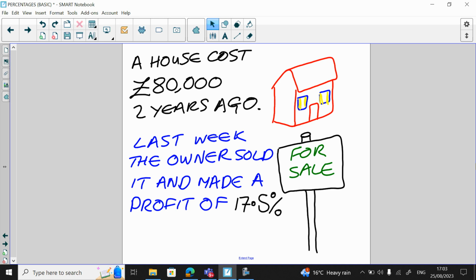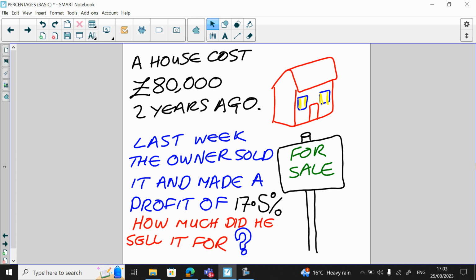Well, apparently last week the owner sold it and made a profit of 17.5%. That's just an additional piece of information. We need a question. Here's the question. How much did they sell it for? How did I know it's a he? Because it's my brother. And it was him that sold it last week. Okay? So,